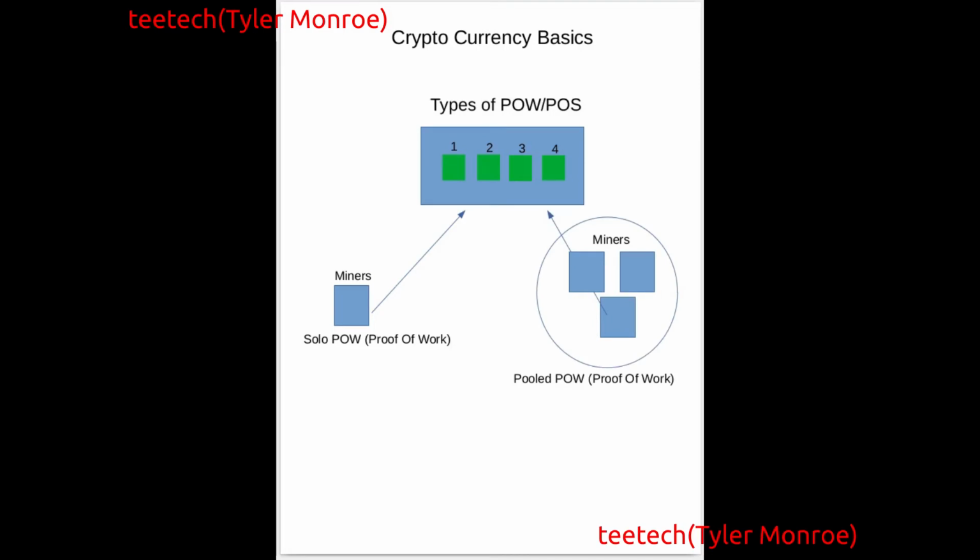So proof of work and proof of stake, you can do them either as a solo proof of work. This is much harder to generate successful confirmations because you only have one source of hash rate. And by the way, in proof of work, these are called miners. They just utilize the hardware and are able to mine for that blockchain. With a pooled proof of work, which is what pretty much everyone is doing at this point,